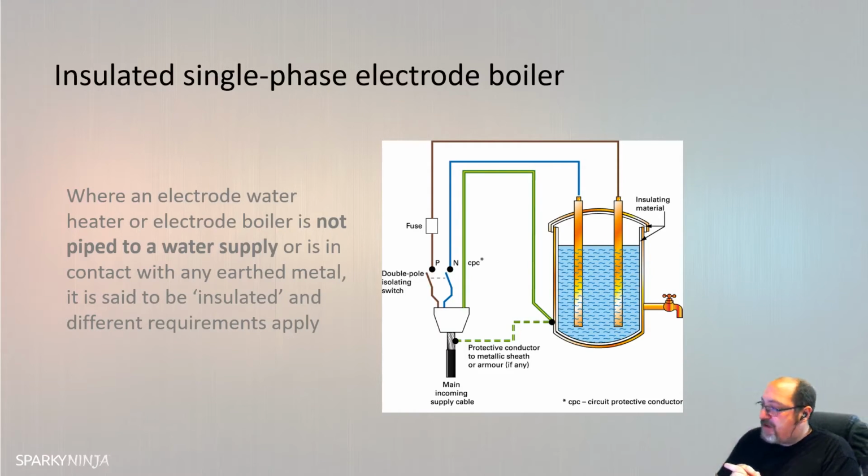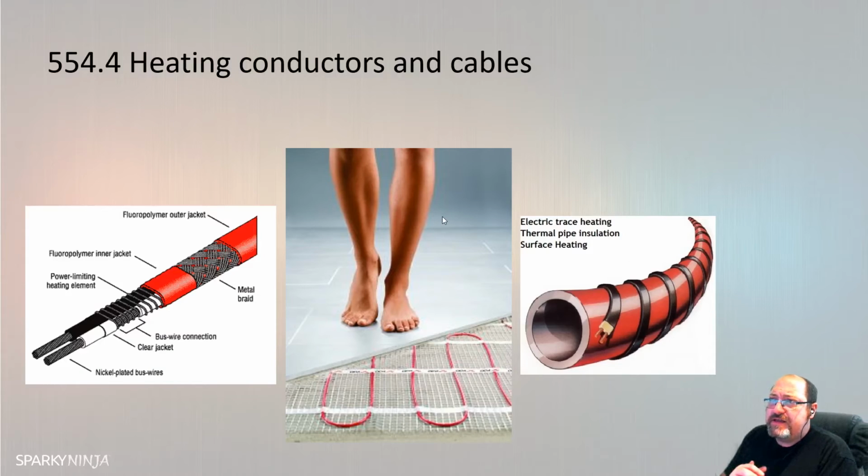Go down to 554.4, heating conductors and cables. Where a heating cable is required to pass through or be in close proximity to material which presents a fire hazard, the cable being close to material having the ignitability characteristics of P, as specified in BS 476-12, and shall be adequately protected from any mechanical damage reasonably foreseeable